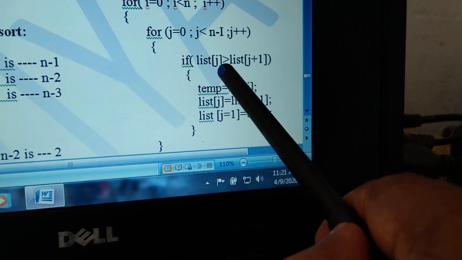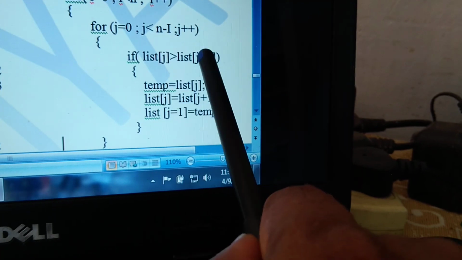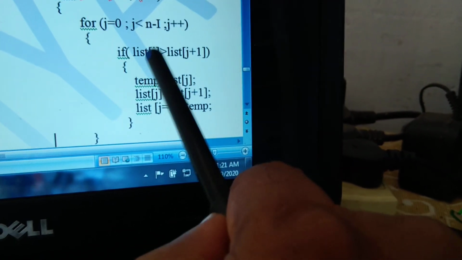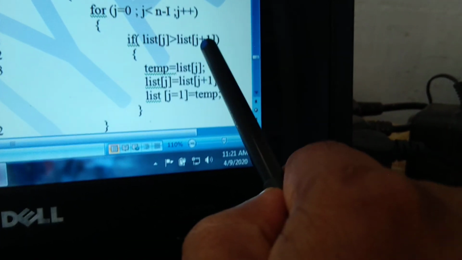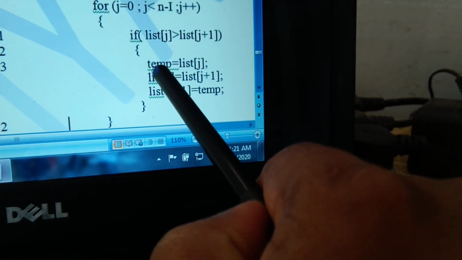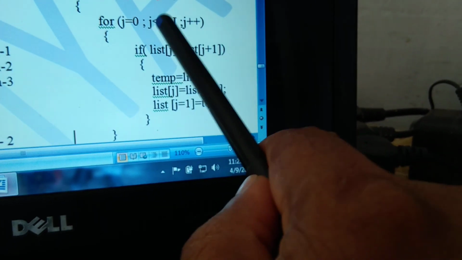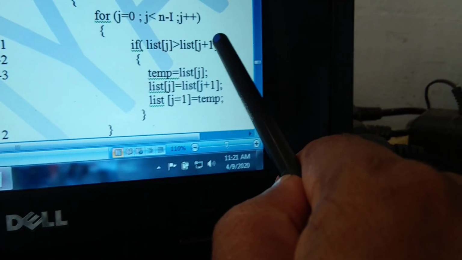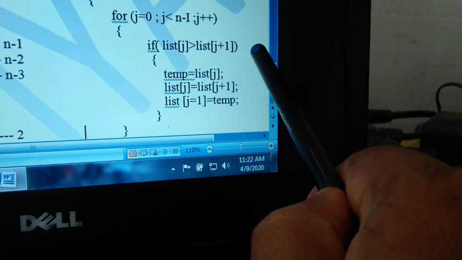Once we are entering into the inner loop, compare the two consecutive elements. This is the condition. If at all out of order, that means first one is greater than second one, swap it. Next, second, third, out of order, swap it. Third, fourth, out of order, swap it. Fourth, fifth, not out of order, don't swap it. Out of order only, swap it. That means condition is true, then only swap the elements. So this is the way of comparing two consecutive elements from 1 to n minus 1, so that one element is placed in the sorted location.